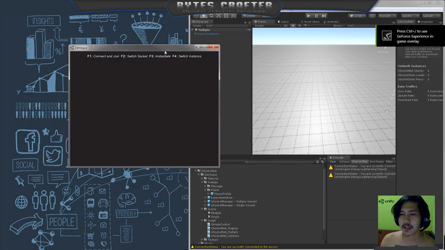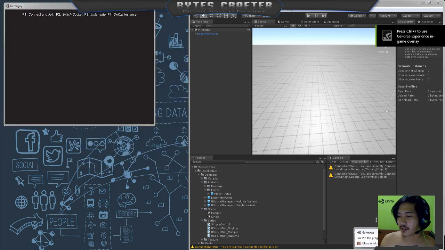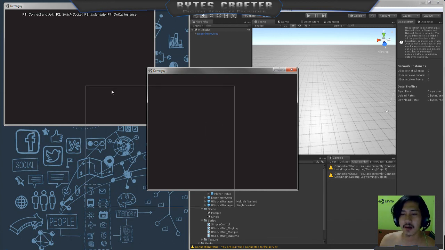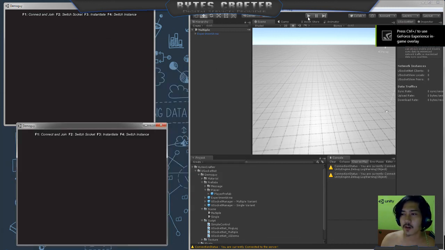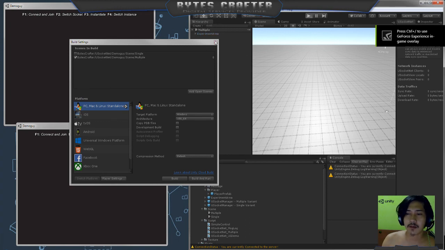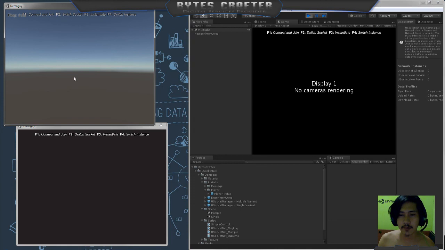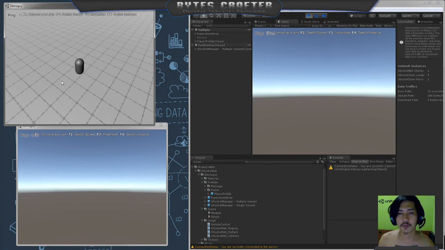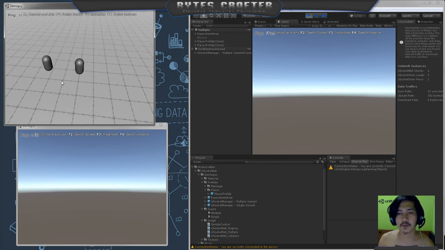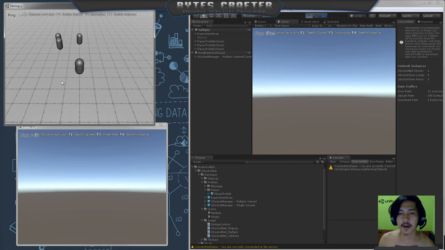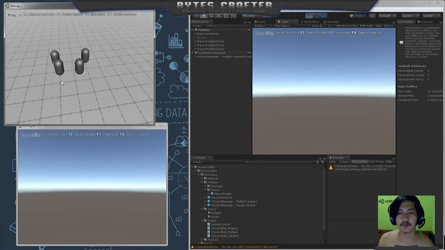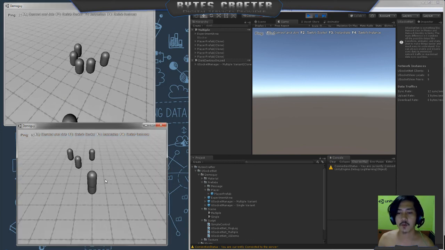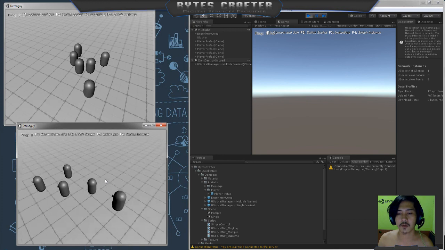Now we instantiate a multiple just to simulate an MMO, for example, or a survival game. For example, we connect here, we connect here, we connect here, we instantiate, move it forward, instantiate. So we have 2 here, and we create a 5 for this character. Oh, 5. So we have 5 on this first one. We instantiate. Oh, we have an error there.